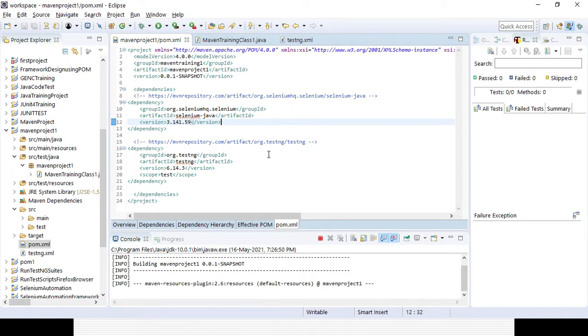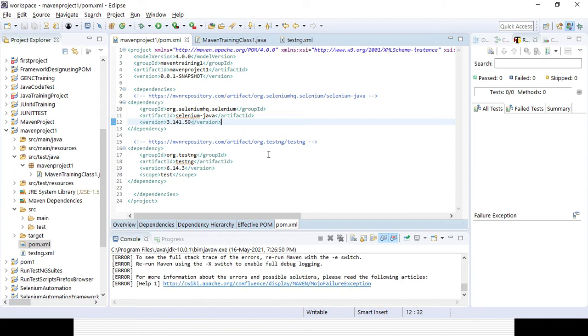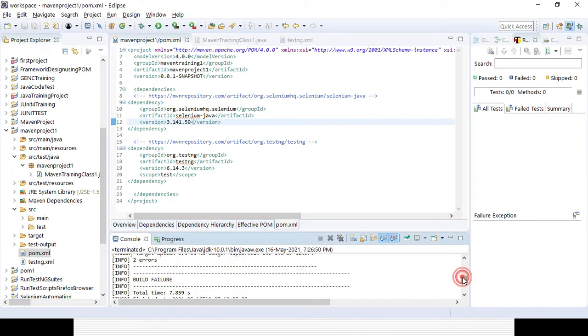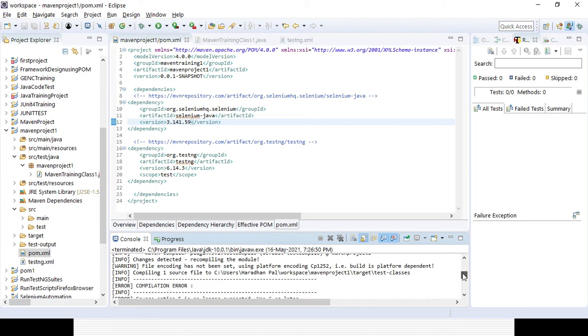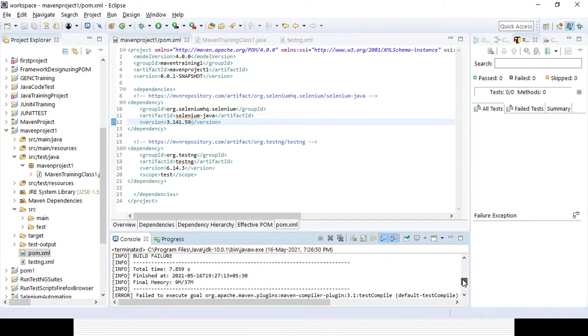So let's run and see if it is compiling. First, if you run the test directly, Maven test, it will compile it, right? And then it will build it, then it will try to test. Build means compile. First it will clean the project, and it will compile it, and then it will try to test it. Once this is done, it will try to package it. If you run the package, you can see some problem is there, right? It is a build failure. Okay, you go here, you can find some failure message.